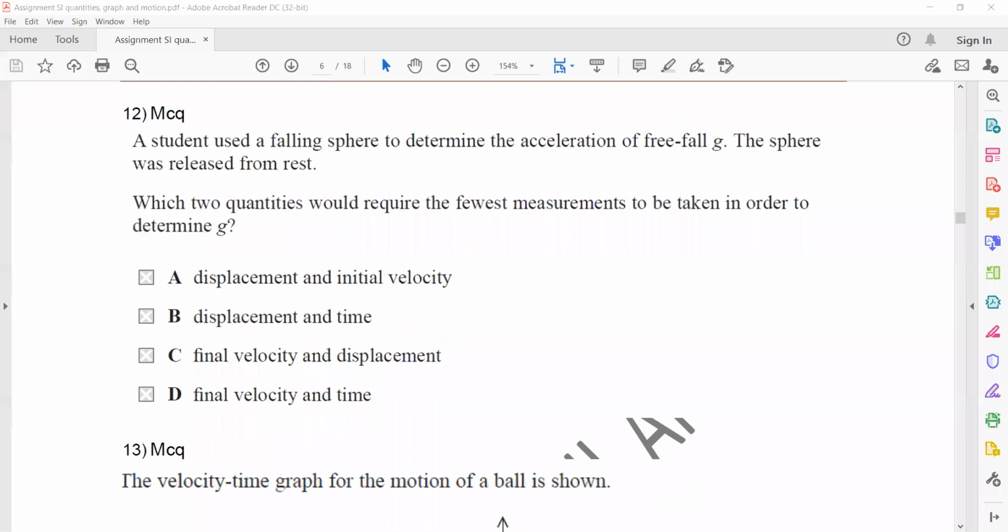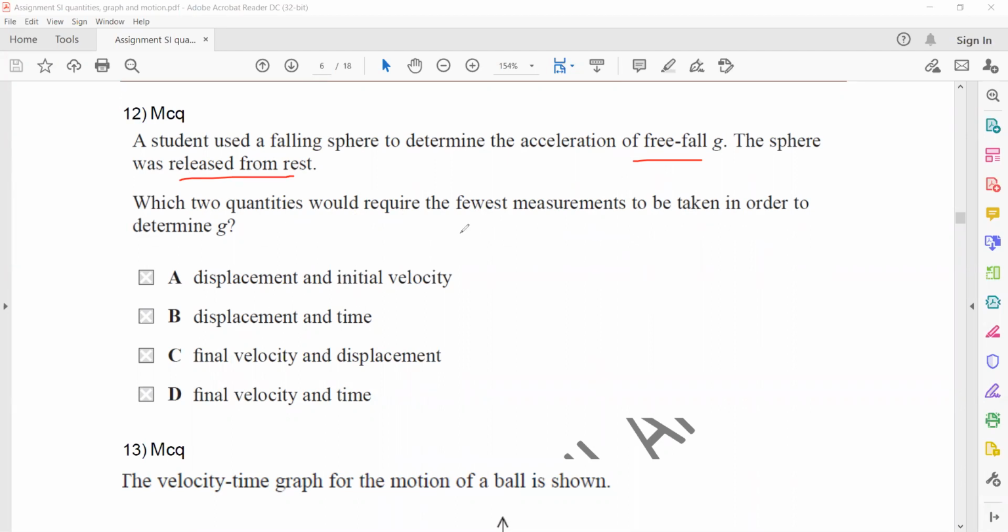In question 12, a student used a falling sphere to determine the acceleration of a free fall. The sphere is released from rest. So you can see it's a similar question, MCQs related to the question we discussed. That was question 10. Which two quantities would require fewest measurements to be taken in order to determine the